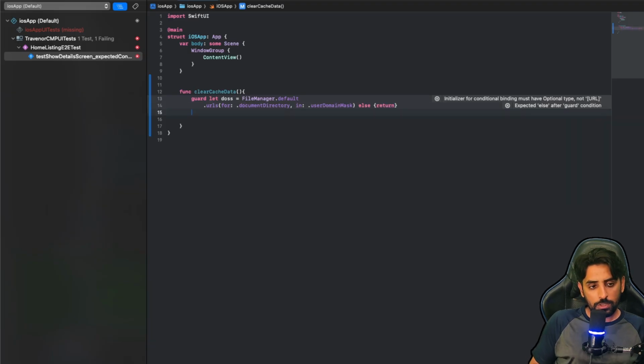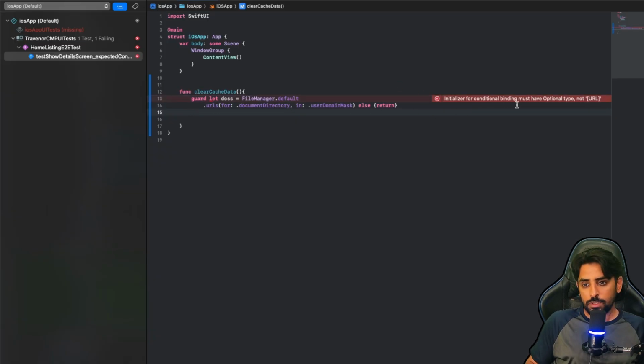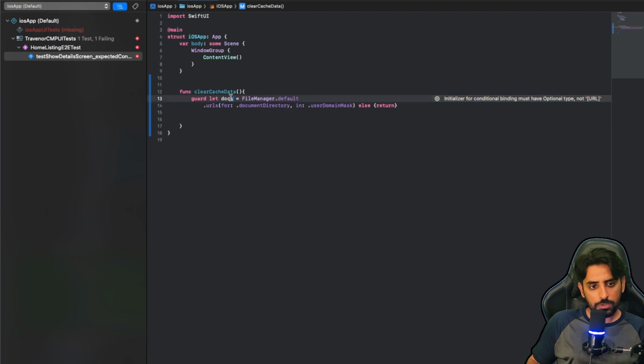Okay, now the next step would be to... The initializer for the conditional binding must have an optional type, URL. First it should be docs. I think the rest is fine. Okay, now you can say let storeFile is equal to